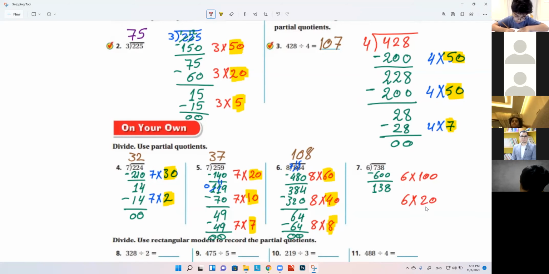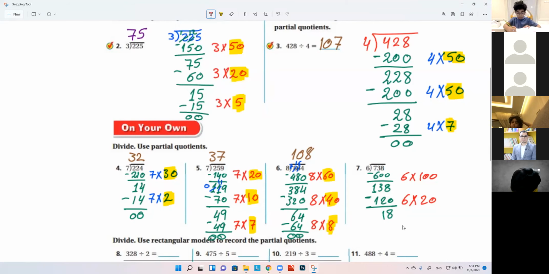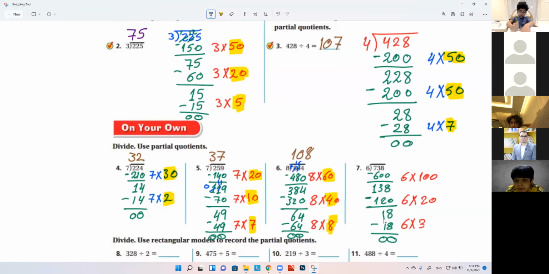20. Okay, let's multiply by 20. So it will be 120. Now we can subtract again. So 8 minus 0 equals 8, 3 minus 2 equals 1, and 1 minus 1 is 0. The 0 on the left has no meaning. So now we are searching for a number multiplied by 6 to give us 18. 3. So it will be 18, and subtract, it will be zeros. So our answer, let's add them all together. 123, the answer.